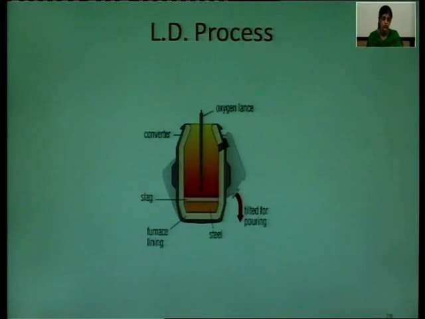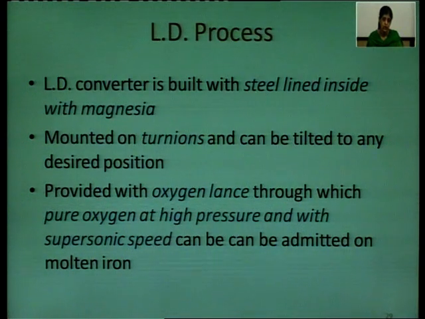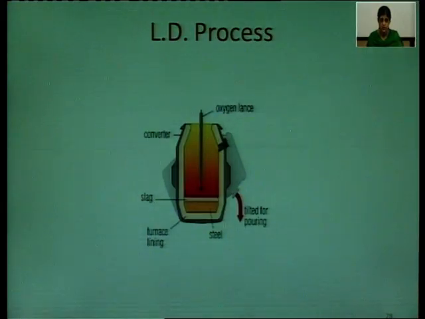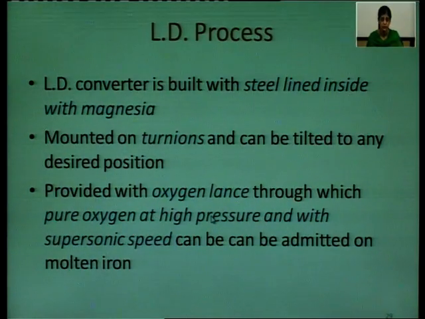Now let us see the process. The LD converter is built with steel, lined inside with magnesia. This furnace is made up of steel, it is lined inside with magnesia. It is mounted on trunnions and can be tilted to any desired